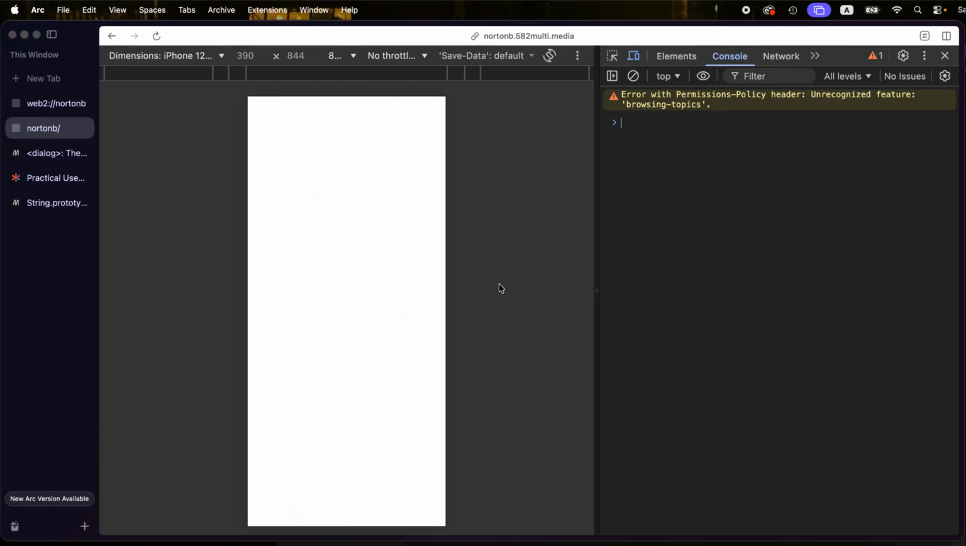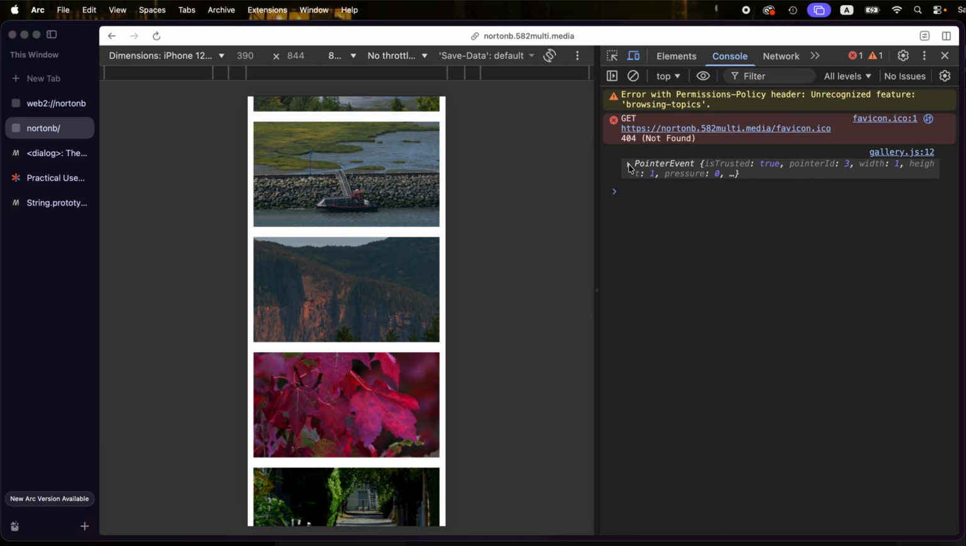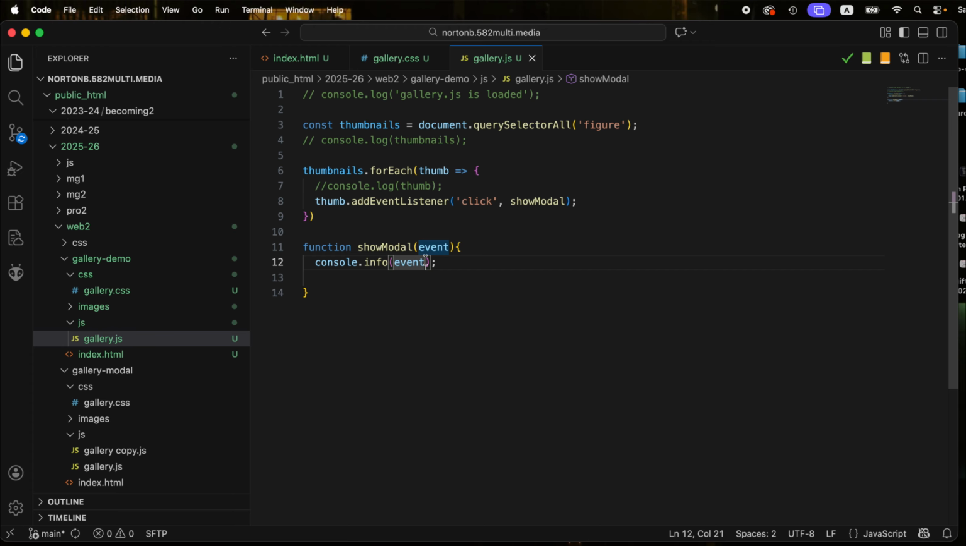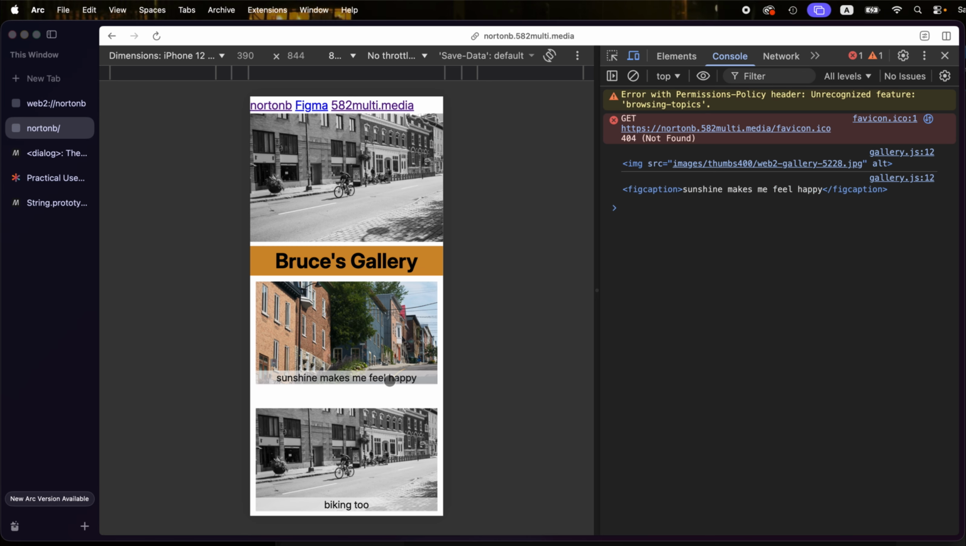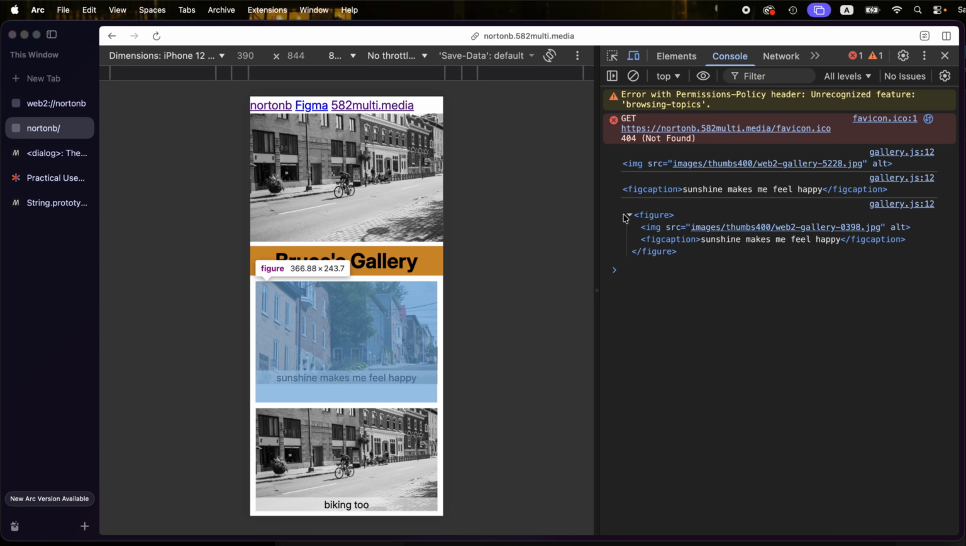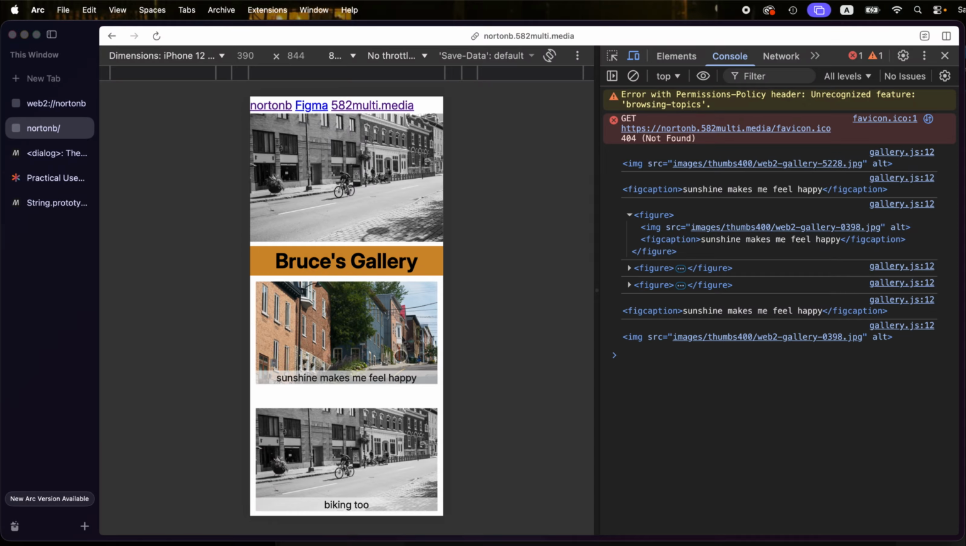And so now if I come back here and click, we can see that I'm getting pointer events. And if I do event.target, we should see if I'm clicking on the image, or on the figcaption, or on this little space down below where there's a figure. Okay, so the way it's working right now is we have three different things that we're clicking on, but what